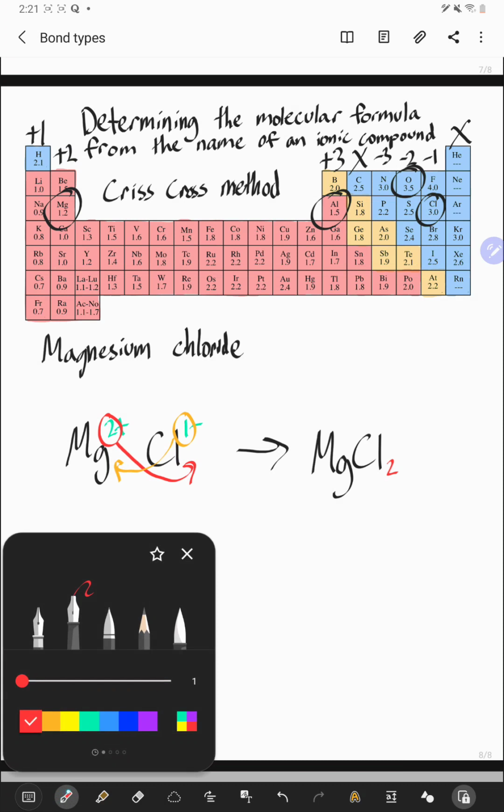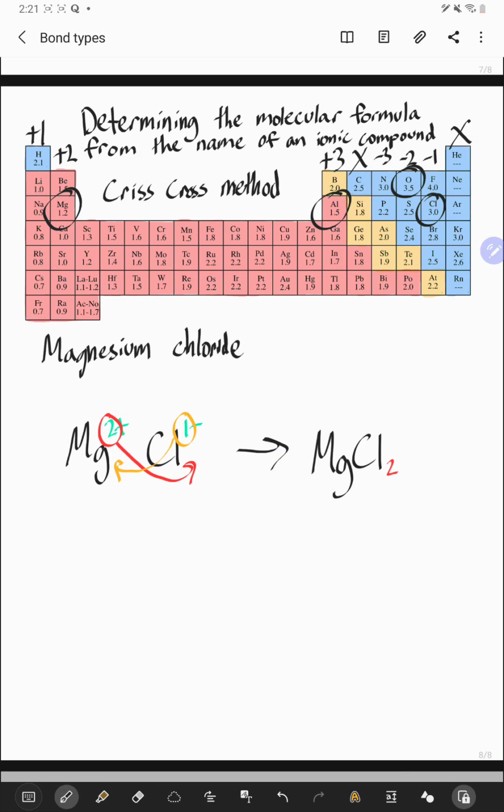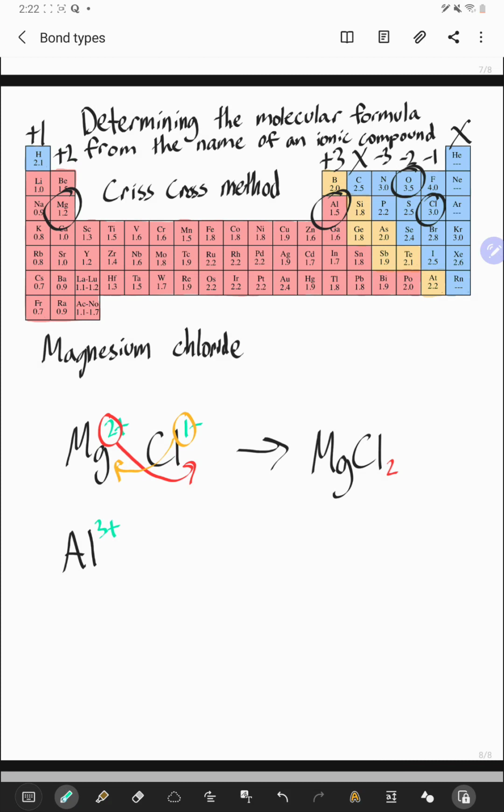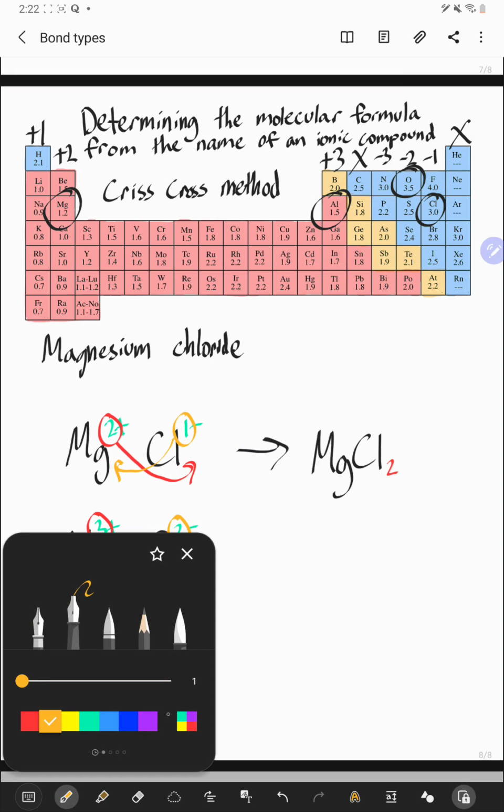All right, let's do another example. And this is going to be by far the easiest way to do aluminum oxide. So aluminum is in the third group, so it has a +3 charge. And oxygen, we'll do the charge in a color, it doesn't matter, +3 charge. Oxygen has a -2 charge. So we're going to do our crisscross method. I'm going to write this 3 right here. We're just going to ignore the charge, write the 3 right here. And then we're going to write the 2 right here. All right, so we go crisscross, and then voila,